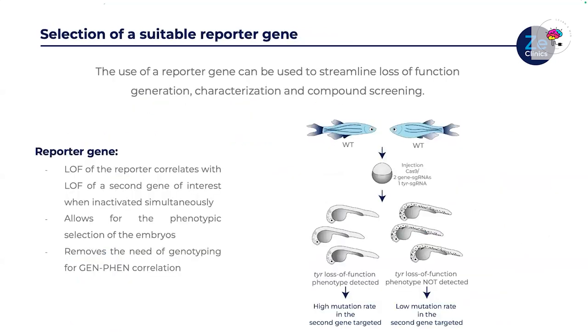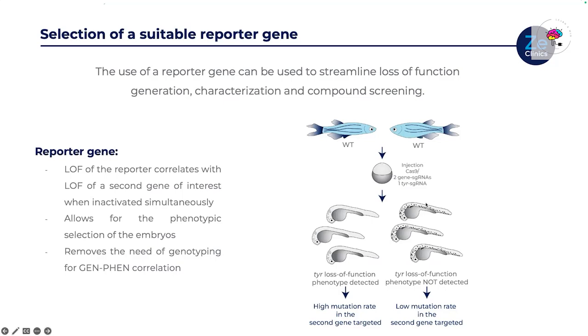So we thought, okay, in this paper that we actually published this year, if we have a reporter gene whose loss of function correlates with the main gene that we want to knock out, we might really speed up the genotype-phenotype correlation. We might not even need to do that. And so what we did,